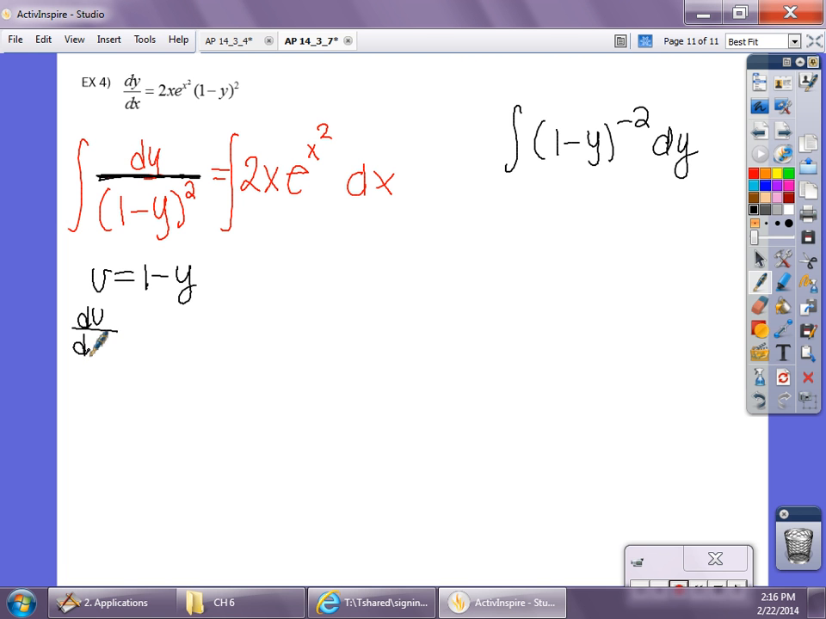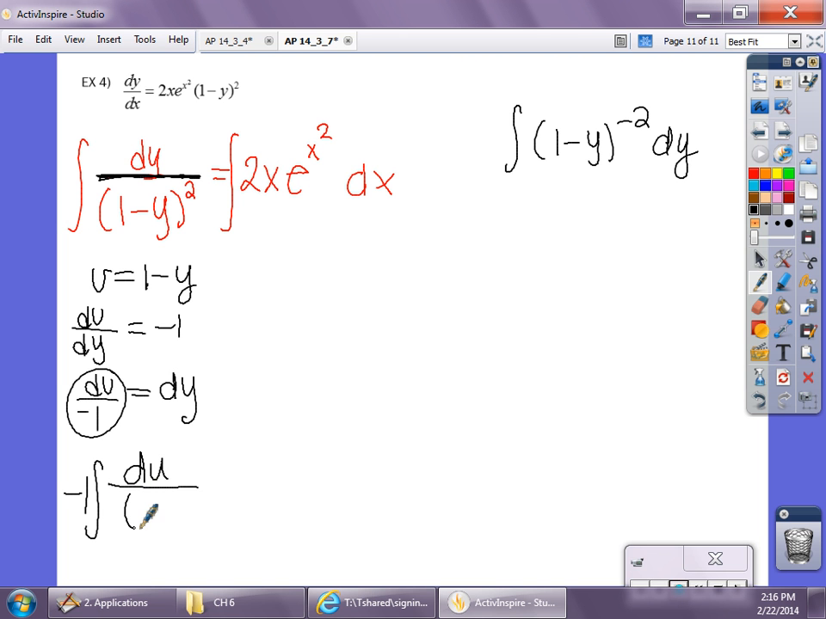So du over dy is equal to negative 1. So du over negative 1 is equal to dy. I'm going to come down here. So the dy would be replaced by this. So I'm going to actually just pull my negative 1 in the front, factor it out, and then my du will replace the dy, and then divided by u squared. So we get negative integral of u to the negative 2 du,